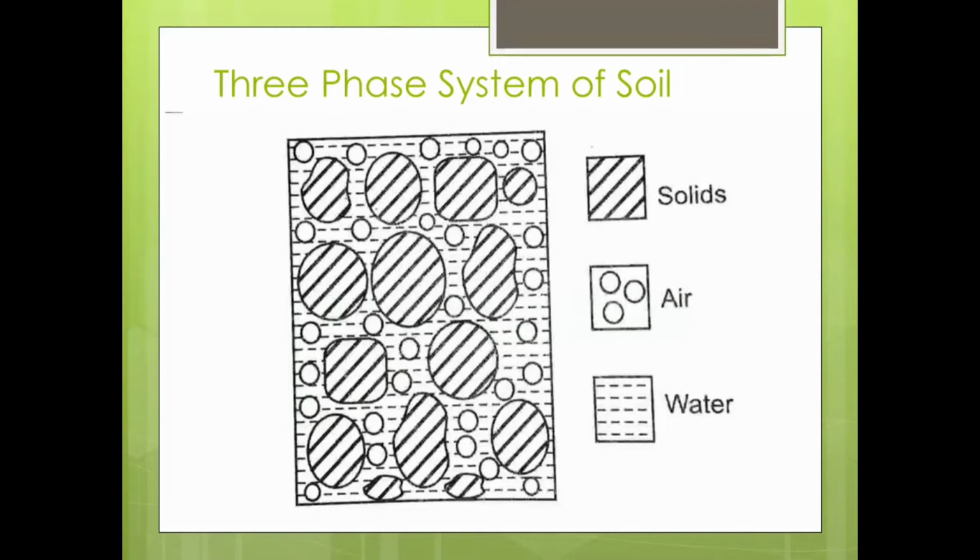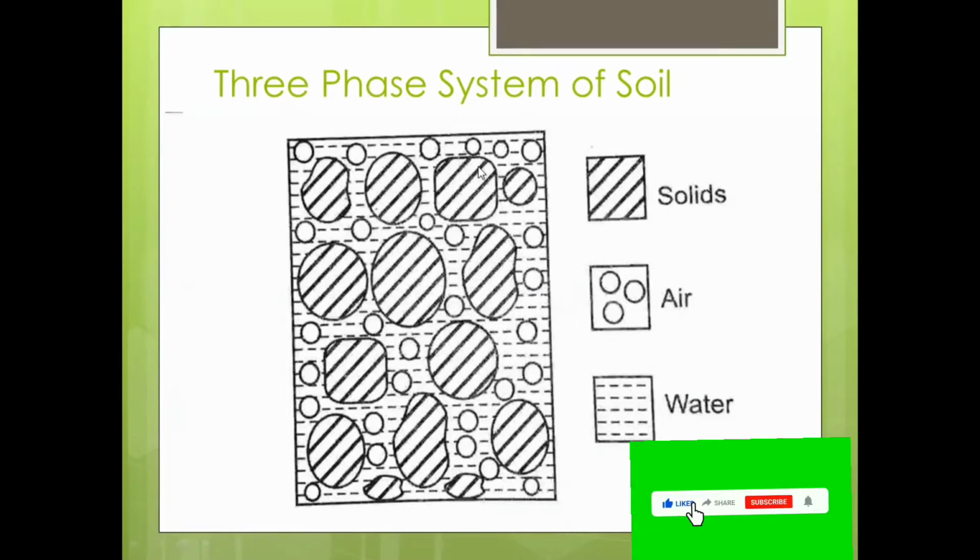It is a mixture, you can say, having three contents. What are they? They are solid particles, or you can call them soil grains. Then there is air, which is represented with these hollow circles, and there is water, which is represented with these